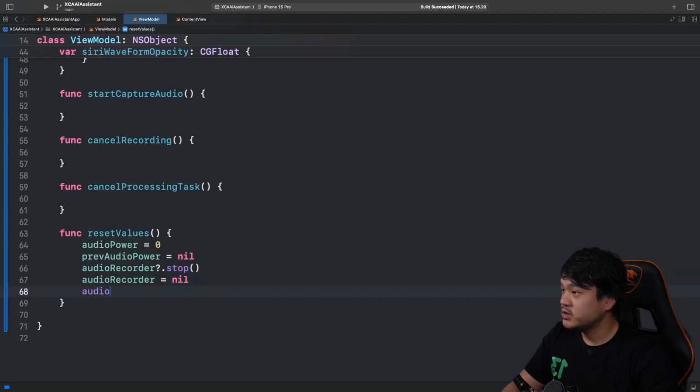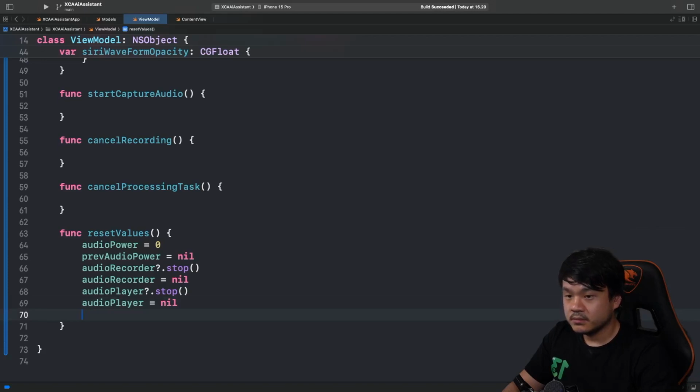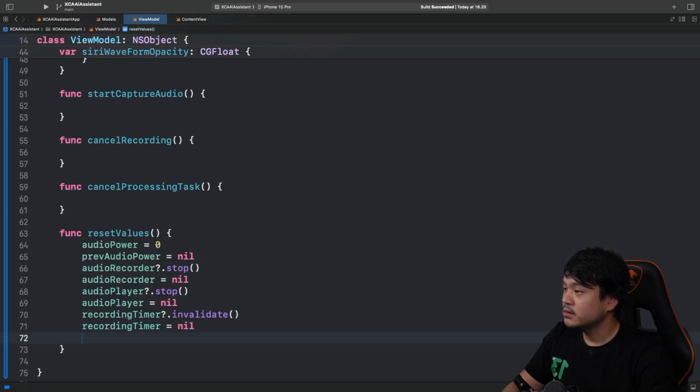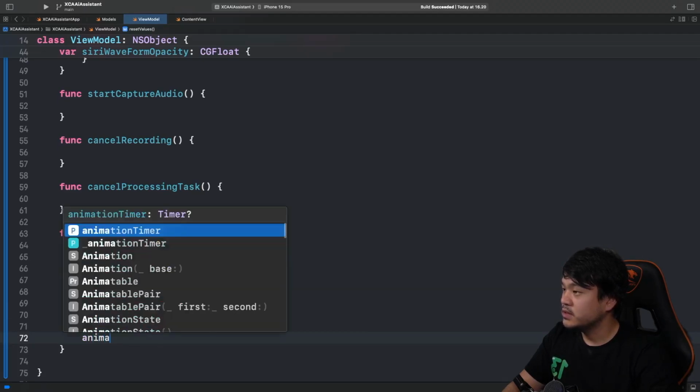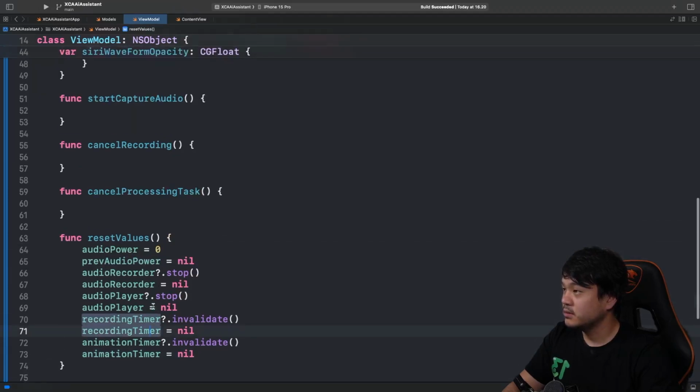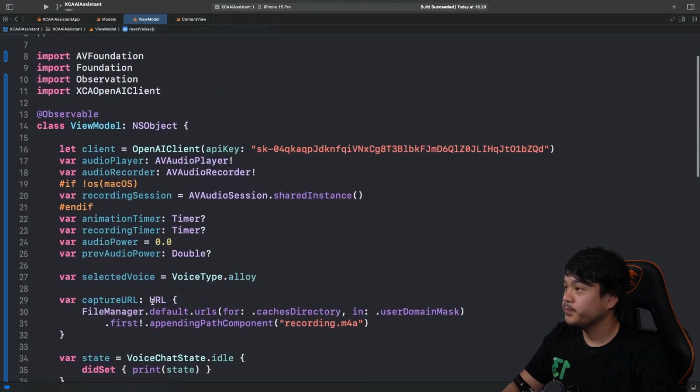And to avoid any issue, audioPlayer stop, audioPlayer nil, and recordingTimer invalidate, recordingTimer nil, and also animationTimer invalidate, animationTimer nil. And yeah, I think that's all. So we can use this to reset all the state properties in here.